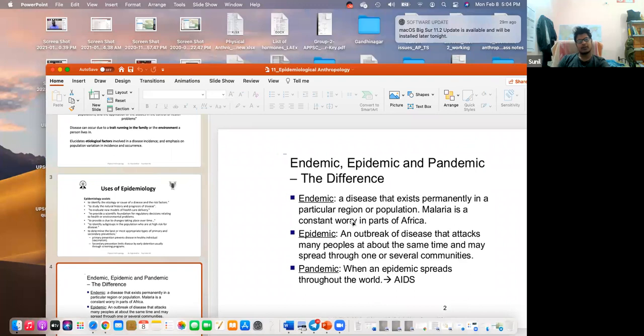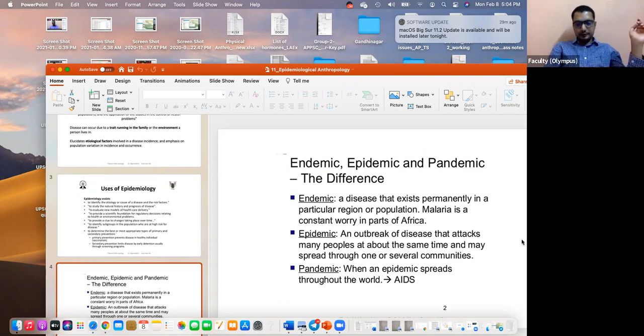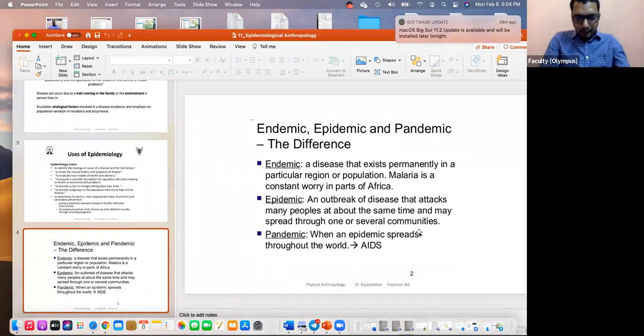Sir, I feel it has more to do with psychology. If a person feels that he is healthy, even though he is suffering from something, then he won't go to a doctor. Okay, so you're saying there's also a psychological component to the disease. Right? Okay, right.